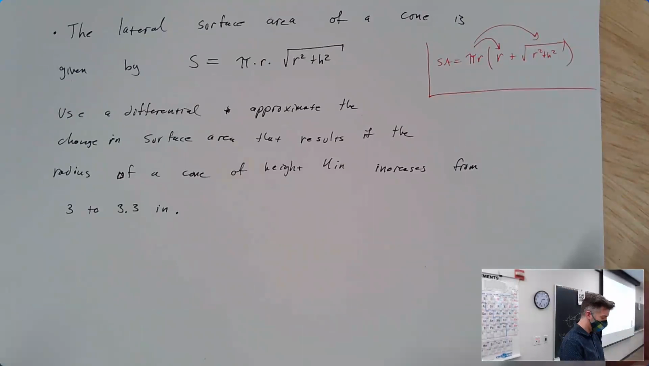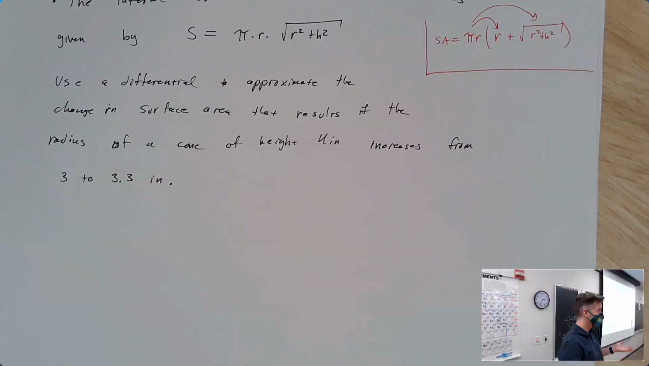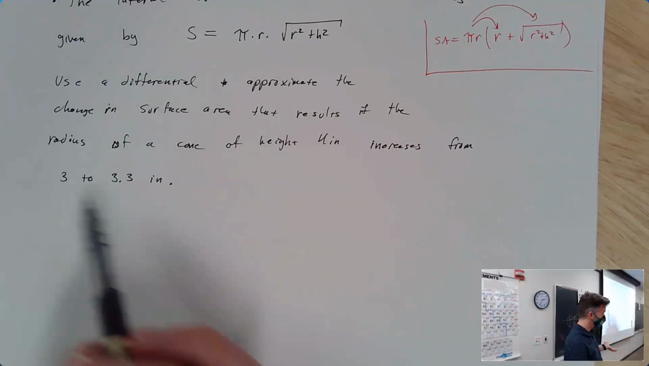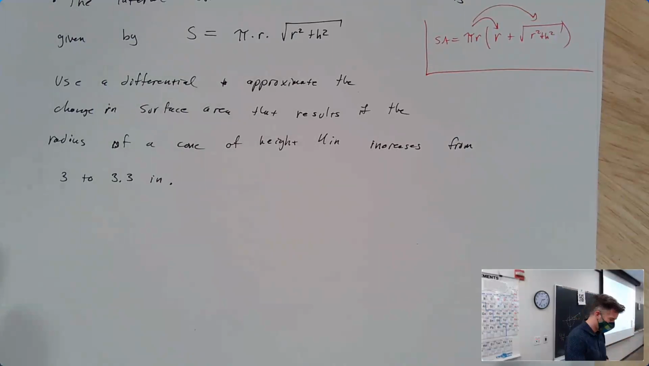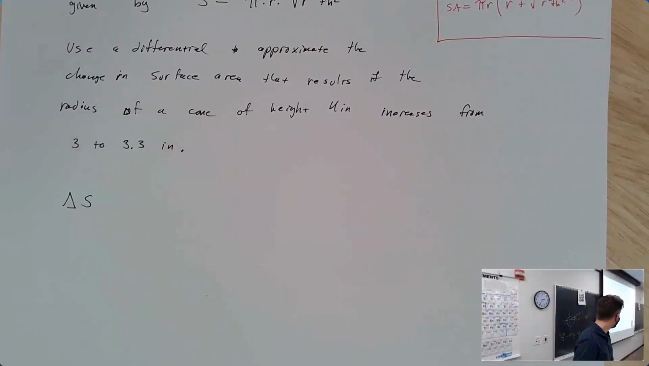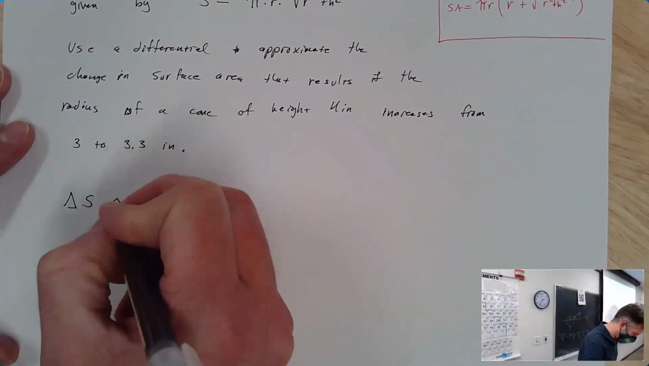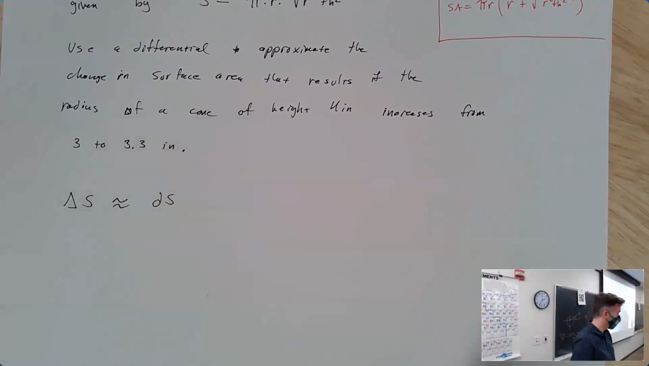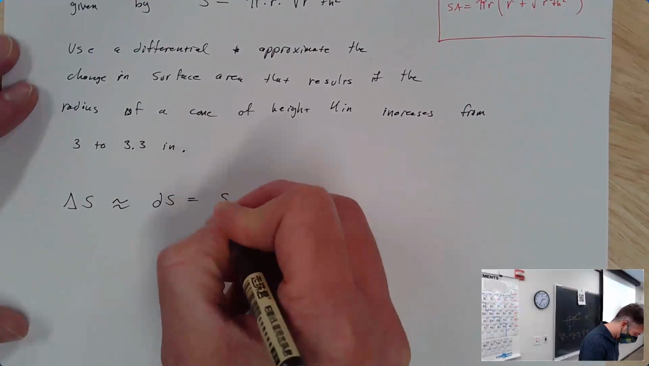So a couple things to be aware of here. The height isn't changing. Height is staying the same, 4 inches. The radius is increasing from 3 to 3.3 inches. So we're trying to find the change in surface area, and we're going to approximate that with the differential, which is going to be the derivative